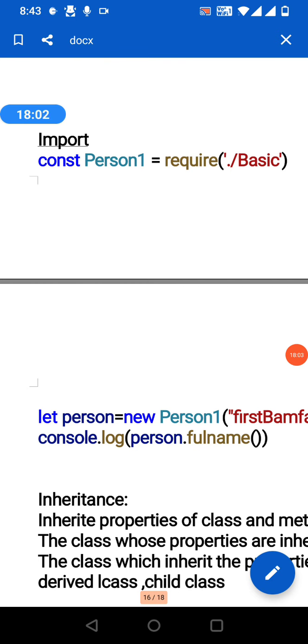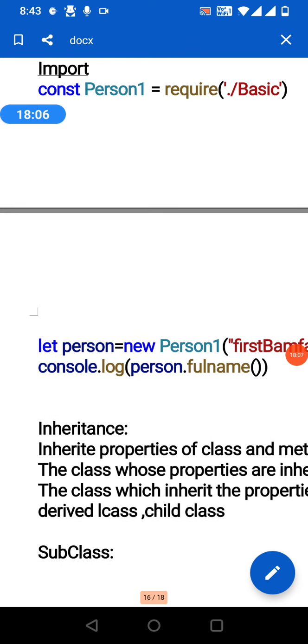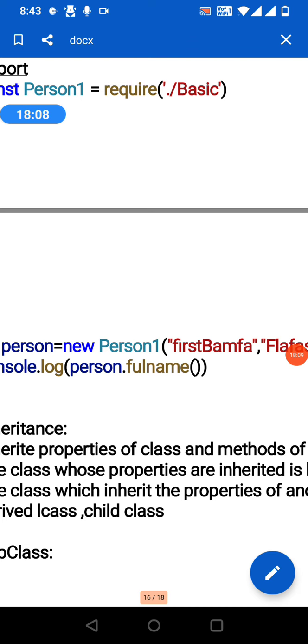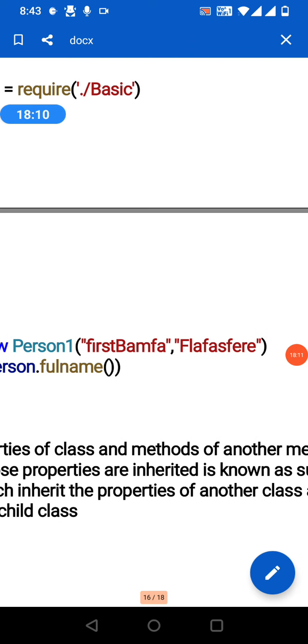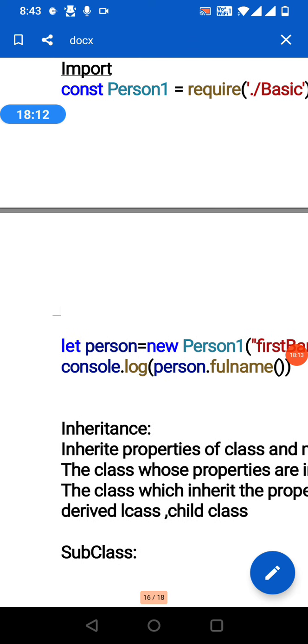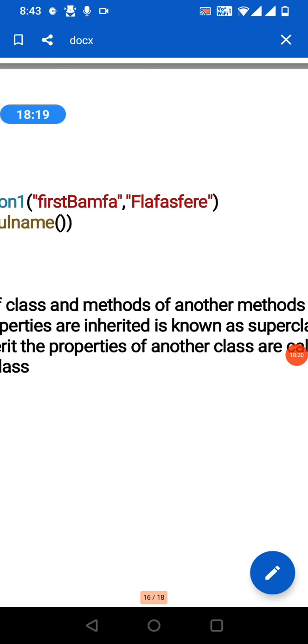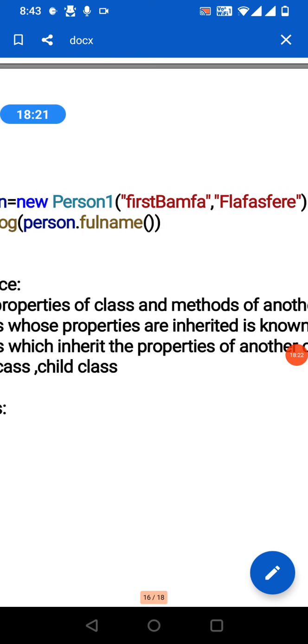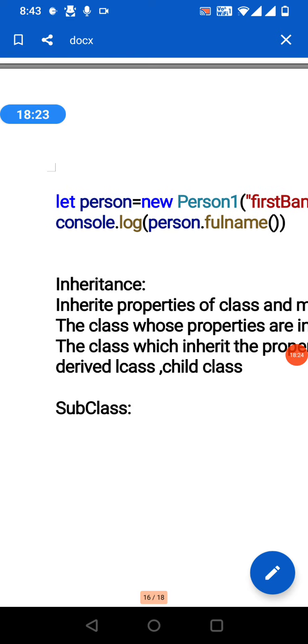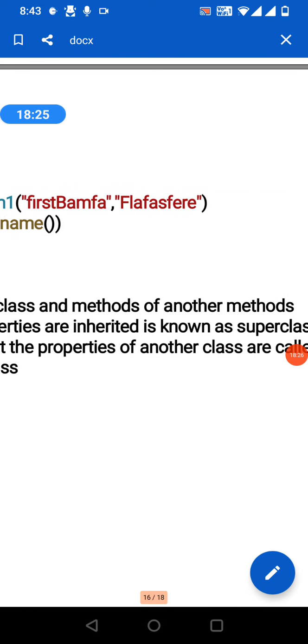Here, see, we are importing the class file, no other values, and then for that we create object variables, initialize the values for that, and print the data. Inheritance is inheriting the properties and methods of other class files. The class whose properties are inherited is known as the superclass.